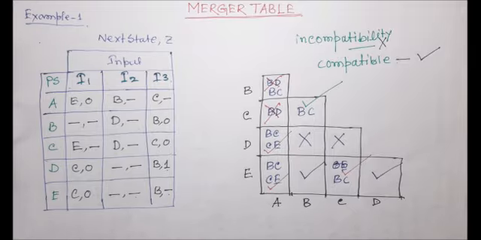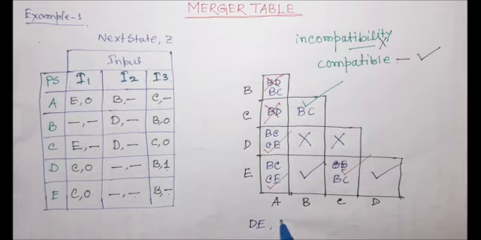So we can start from the rightmost column of the merger table and proceed to the left until a quantum is complete. So we can start from here. If I start from here, first what is the state? We can write DE, and then we can write CE, and then